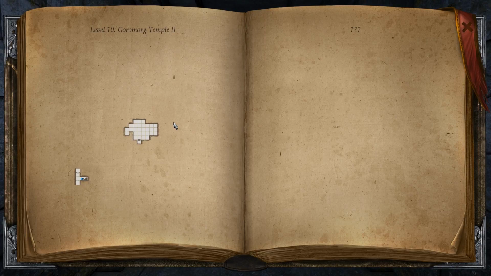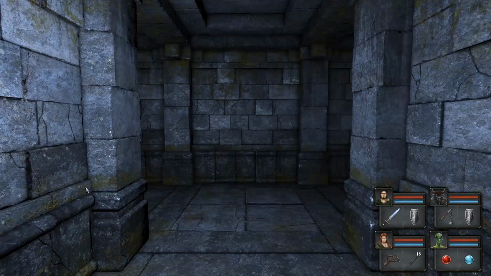We are standing at the entrance to level 10, Goromorg Temple 2. This is basically the last big level before the end game, before the last boss. But before I start exploring this place, I want to go